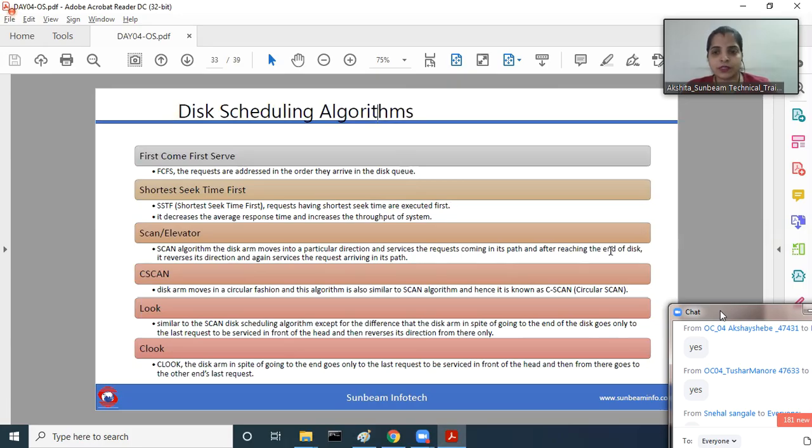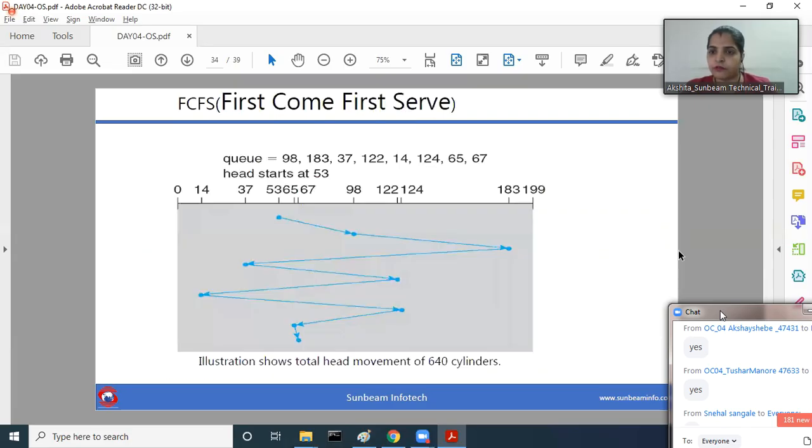समझ में आया क्यों disk scheduling algorithms रहते हैं? So there are many categories: first come first serve, shortest seek time first, scan, C-scan, look and C-look. Let us observe first come first serve. Again, in this case, theory questions can be asked. The track which came first will be given the chance first; this scheduling policy is called